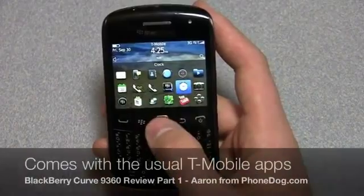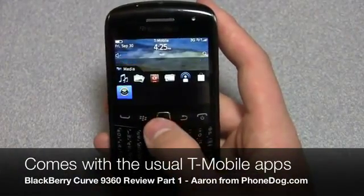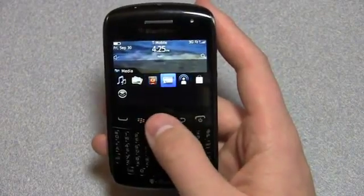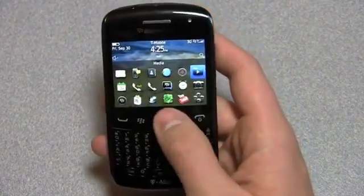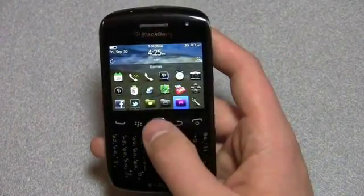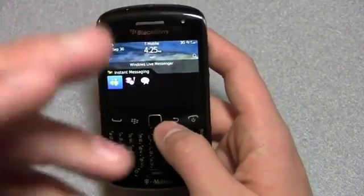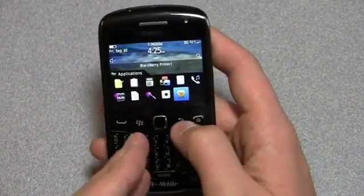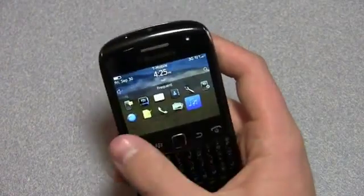And then out of the box you get the typical T-Mobile stuff. So you get Web To Go, you get it's like a radio. Let's see what else you get. Podcasts and all your video stuff, and then the music store as well. And then down here you get T-Mobile Mall, T-Mobile's My Account, YouTube, then of course all the different BlackBerry stuff, instant messaging. You do get BlackBerry Messenger, obviously, applications including BlackBerry Protect,